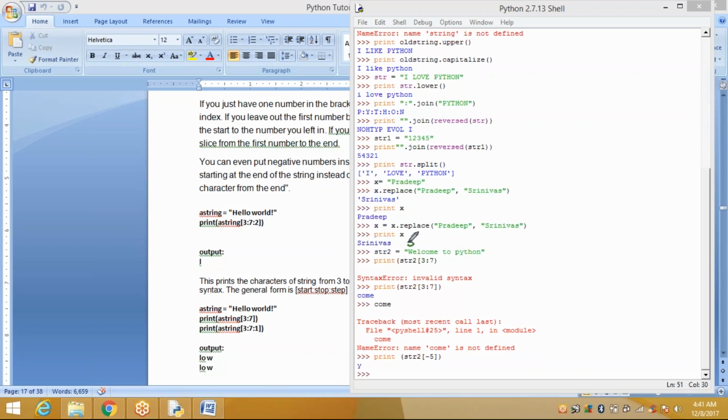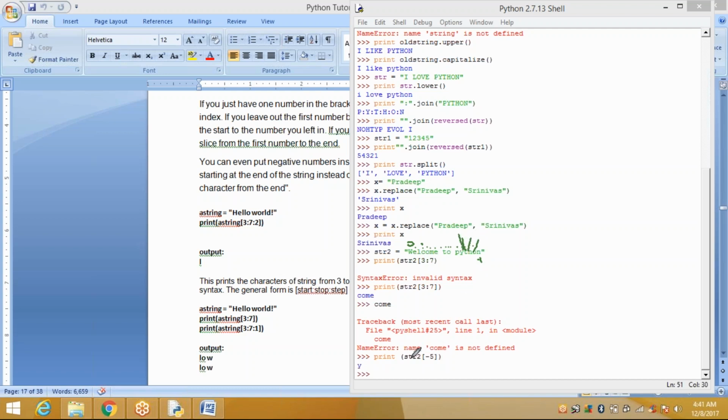Starting array of 0, 1, 2, 3, 4, 5, 6, 7, 8, 9, 10, 11, 12, 13, 14, 15, 16. If you want to apply minus values, this starting letter is -1, -2, -3, -4, -5.